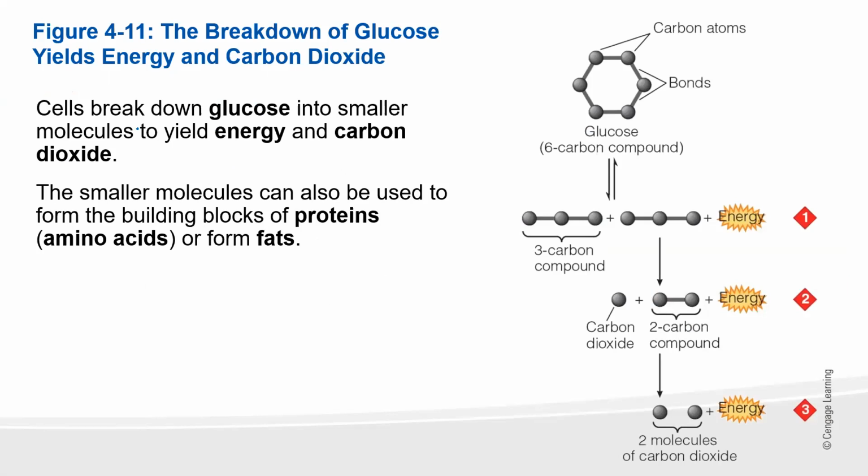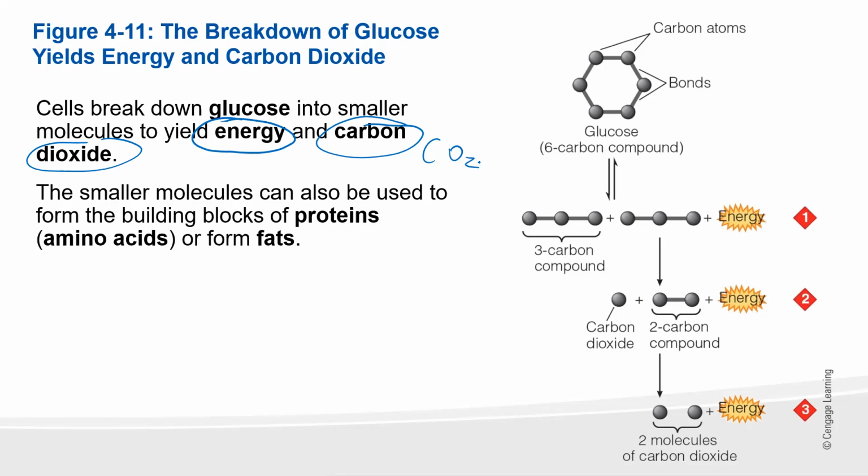This is just a scheme showing the breakdown of glucose. If you've done any biology courses, you might be familiar with cellular respiration: glycolysis, the citric acid cycle, Krebs cycle, electron transport chain, all of those kinds of things. Really, this is just showing that glucose gets broken down into smaller molecules, and what we end up with is two byproducts. Energy, of course, that's the thing that we want, and the other is carbon dioxide. Carbon dioxide is represented by its chemical structure CO2, and that gets expelled when we breathe out of our lungs.